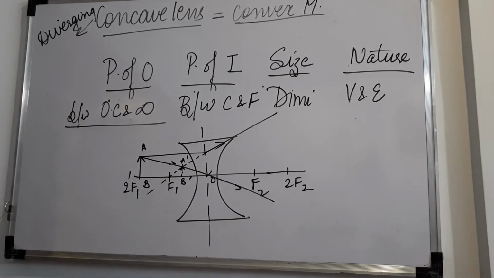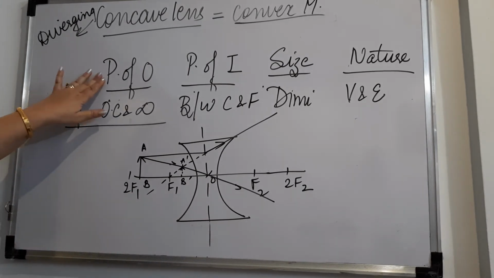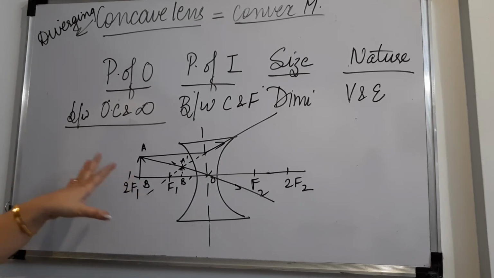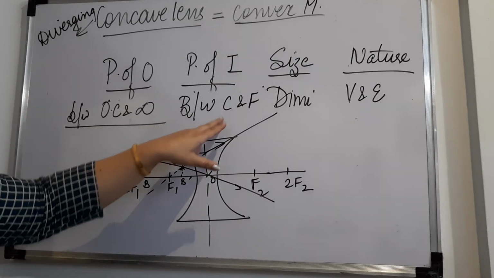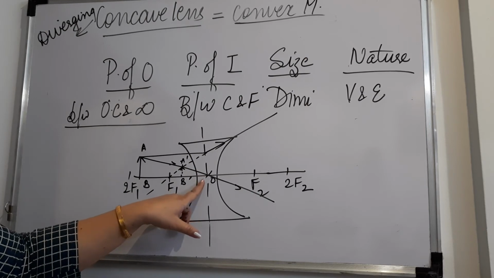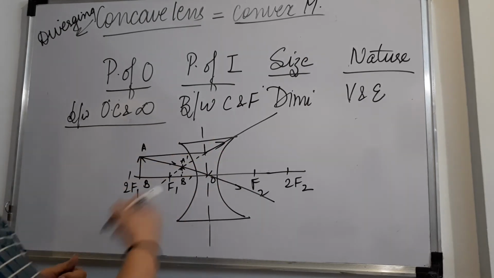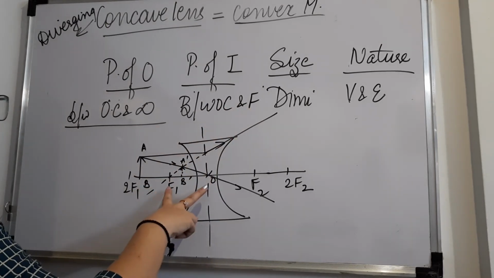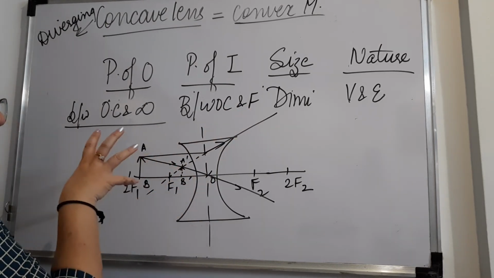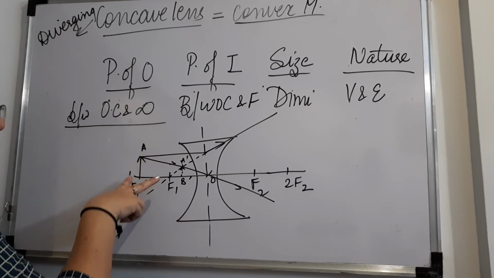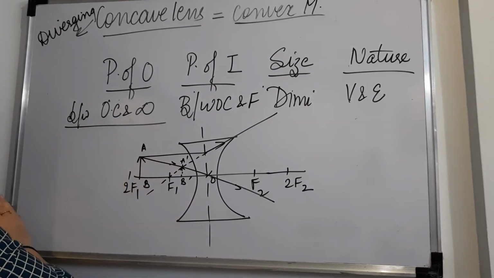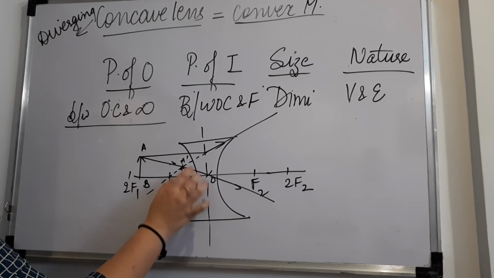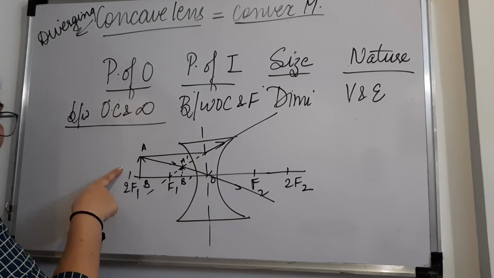Okay, now here what you can see is object you have kept anywhere, and I have kept it near to f1. You can take it beyond, between, anywhere you want to. Image is formed between optical center and focus. This is C, optical center, and focus. So this is f1. So every time you keep the object anywhere, you keep it between, you keep beyond, you keep beyond that, anywhere, you always are going to get the image between this, and it is going to be smaller in size as compared to the object.